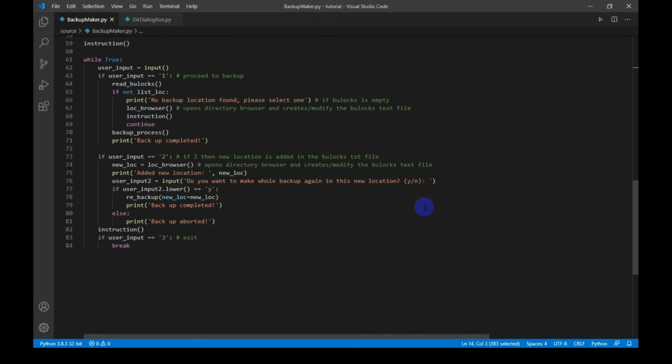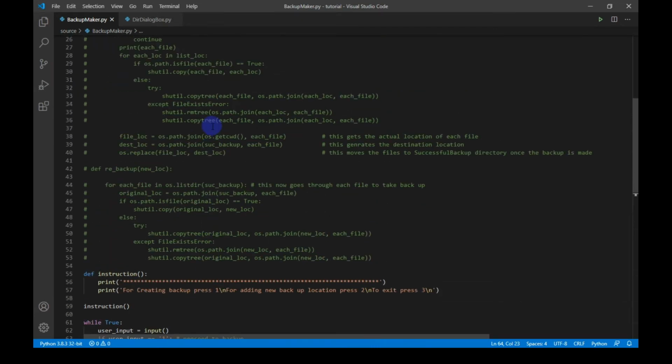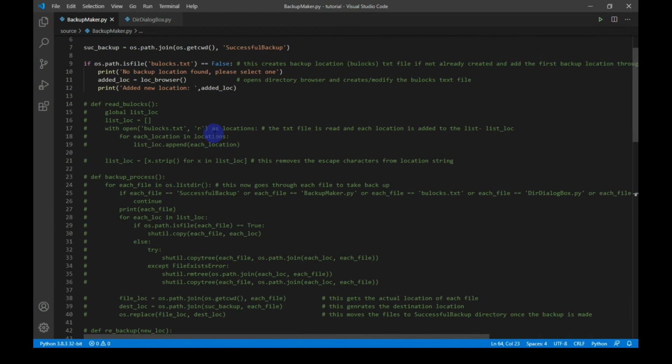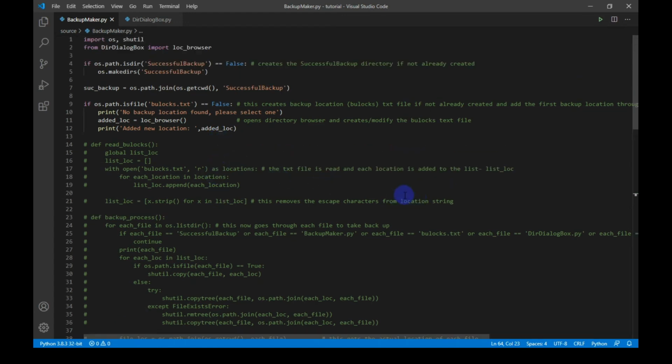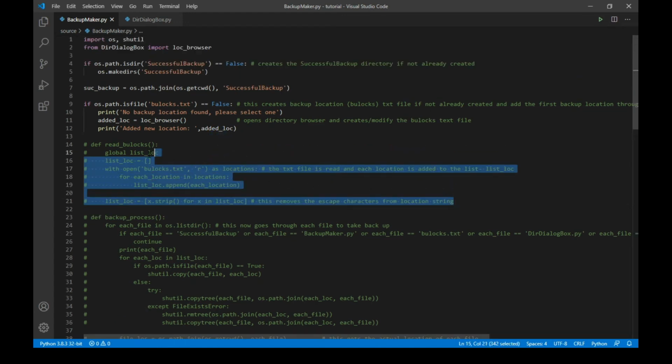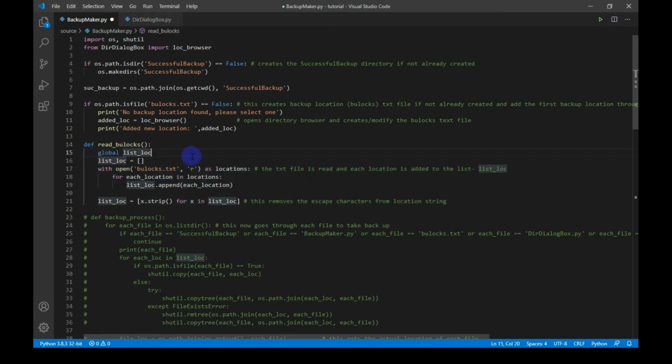Now let's focus on user input 1. Whenever the user input is 1, the read_bullocks function is executed. So now let's check the function. First I have to uncomment the function. In this function I have created a global list, list_location.